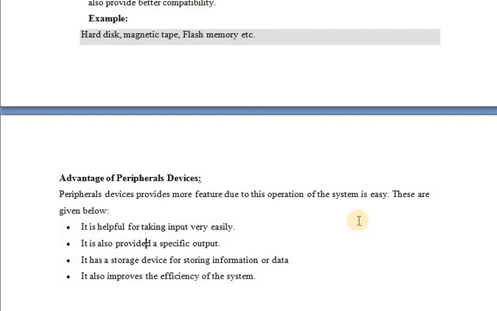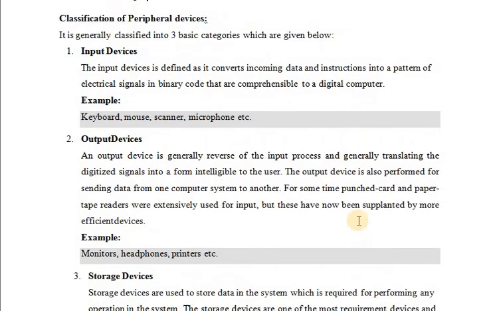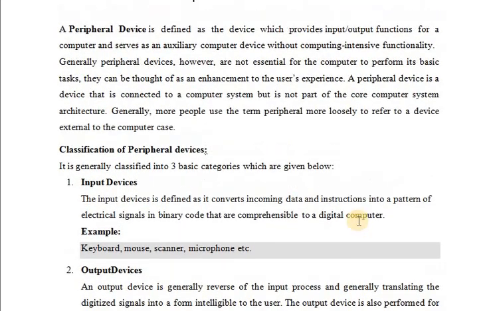I think you understand these peripheral devices. Once again, I will repeat what a peripheral device is. Peripheral devices are connected to the computer to give the input as well as to get the output and to store data for the storage purpose. That is why I said the classification of peripheral devices is three types: input device, output device, and storage devices.